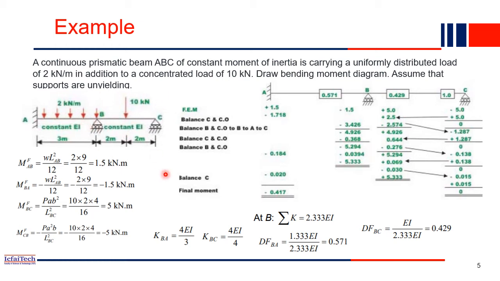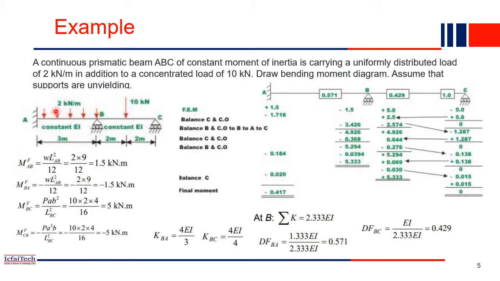Here I will explain how to solve it using the moment distribution method. If you recall what we discussed in the last slide, our first step is to freeze all the supports. So first we fix B and C. A is anyway fixed, it is given to us. B and C we have to convert from roller into fixed support. Whenever we fix any support, a fixed end moment will be generated, right? So you have some fixed end moment MA, similarly MB now that we fixed it, and similarly MC also. So let's see what a fixed end moment is.